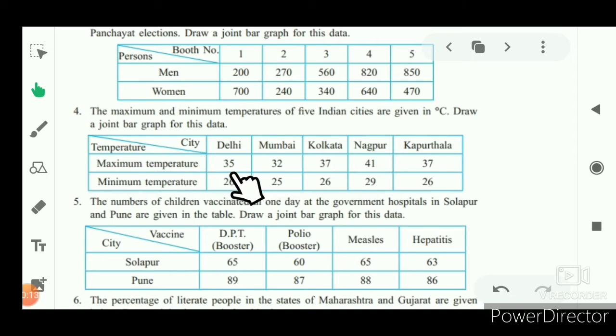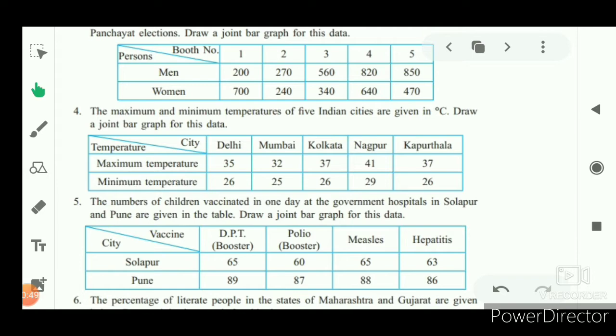Different cities are given: Delhi, Mumbai, Kolkata, Nagpur and Kapurthala, and we have to make the joint bar graph for maximum and minimum temperature for that particular city. For Delhi the maximum temperature was 35 and the minimum was 26. For Mumbai the maximum was 32 and the minimum was 25, and likewise till Kapurthala. Likewise the questions we have solved in the previous video,